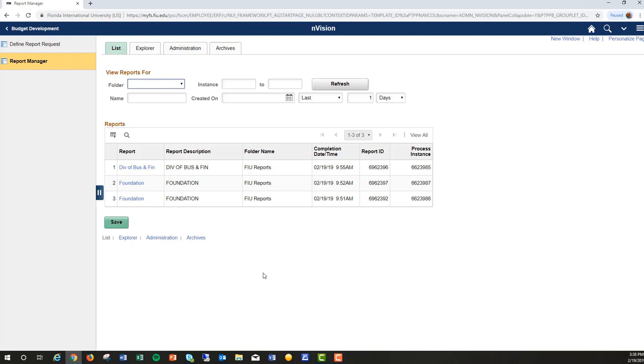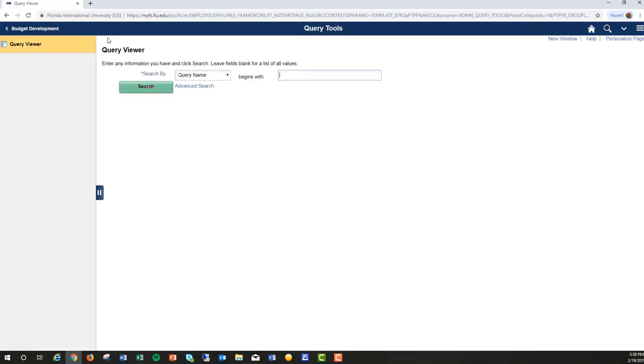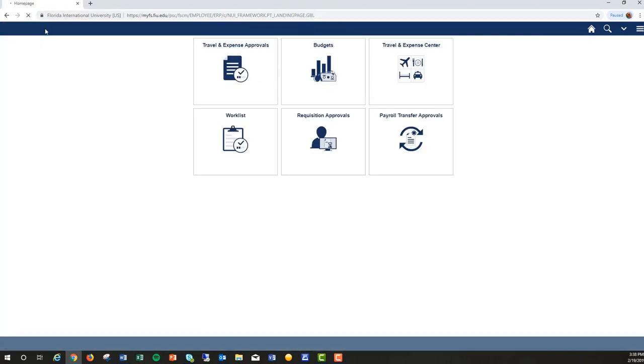report when it's ready. To go back to the Budget Development homepage, you may click on the Budget Development link in the upper left-hand corner. To run a query, click on Query Tools and run your query. As previously mentioned, to go back to the Budget Development homepage, you may click on the Budget Development link in